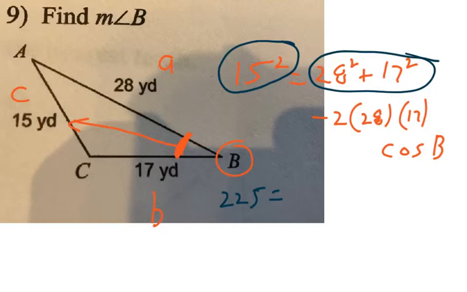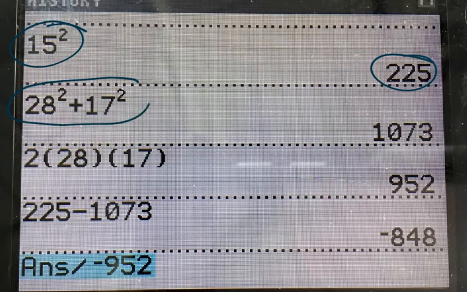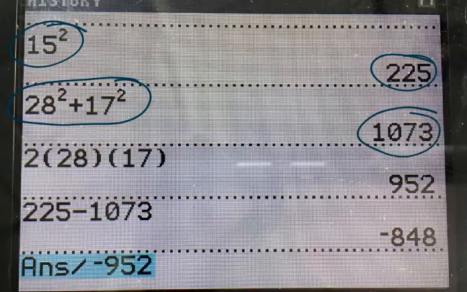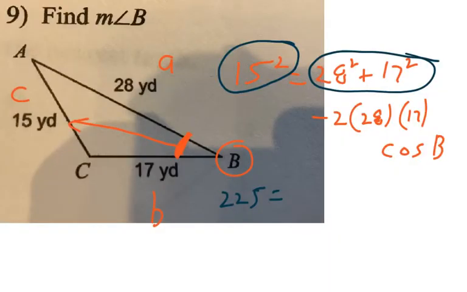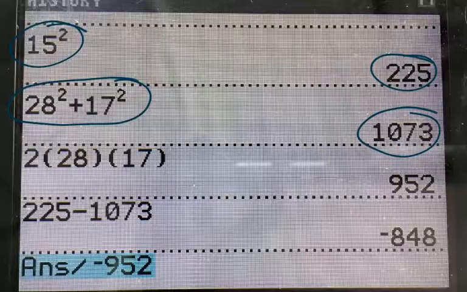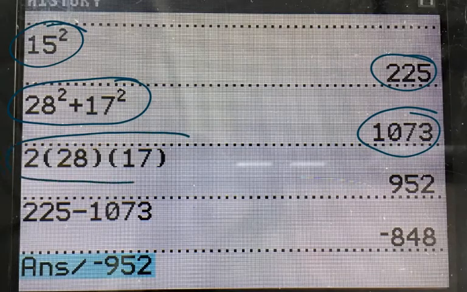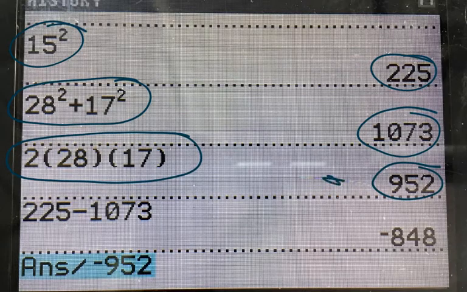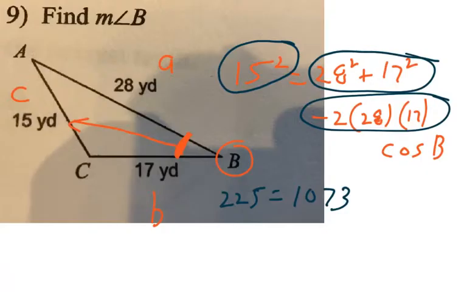Okay, so we have 225 equals, let's go ahead and do this chunk together. 28 squared plus 17 squared. 28 squared plus 17 squared is 1073. Let's go ahead and do this chunk together. Minus 2 times 28 times 17. As you can see right here, 2 times 28 times 17 is 952. Let's remember to do the minus, since there's a minus right there. So we have a minus 952